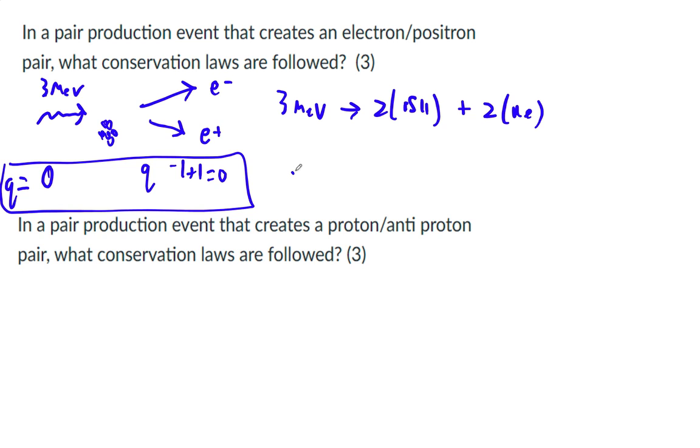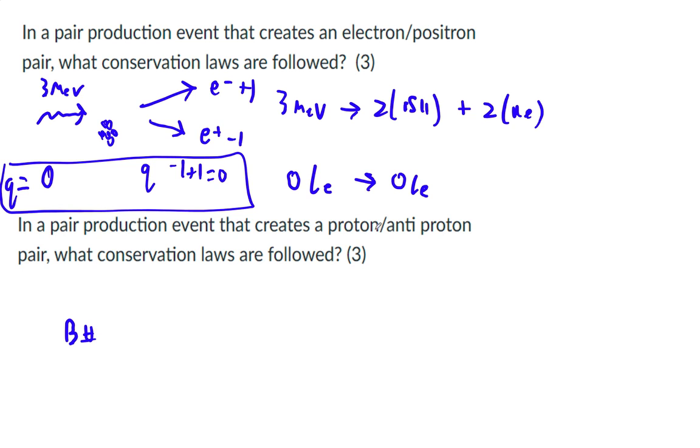There's 0 electron lepton numbers before, because photons are not leptons. And then afterwards, the electron is a +1, the positron's a -1. Since we created matter and antimatter in equal parts, we have not changed the lepton number of the universe. So 0 turning to 0 lepton number. And the same is true here. We can say the same thing, only here it's baryon number.